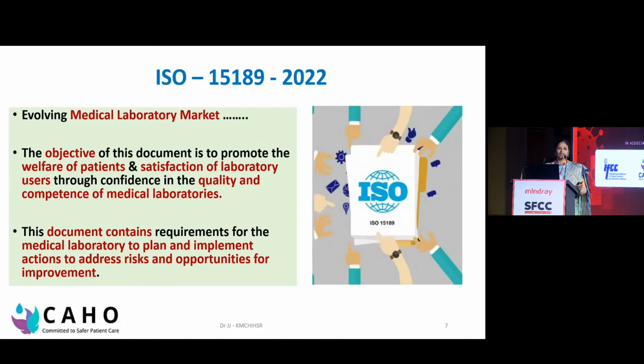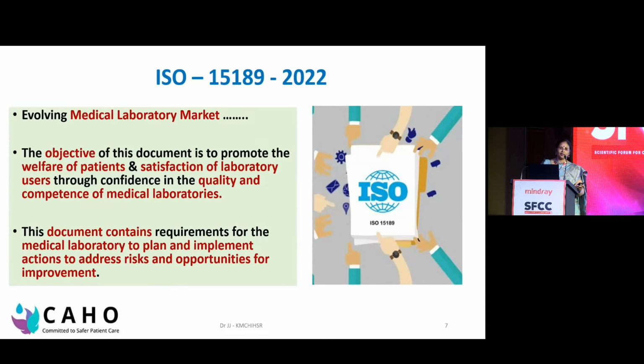Why is it speaking about the risks when it is saying something else in the previous one, where it is looking at the patient as well as the user or clinical lab users, as well as looking at the quality and competence? Because at every level, you're going to look at them and look at the risk involved to either the patient, the sample, the healthcare professional, or the environment. So a lot of focus is given to risk in this particular standard.